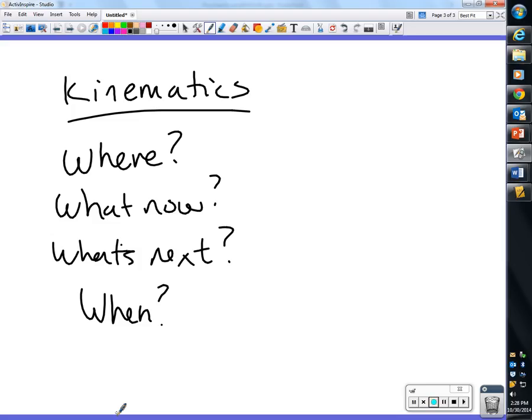But there is one question that hasn't shown up yet. It's a pretty important question. What's the question? Why? And how is kind of the same thing, right? So that last question, we haven't concerned ourselves with very much. We've kind of said, okay, it's gravity or something like that, but we haven't really got into the mechanism of why and how these things happen.